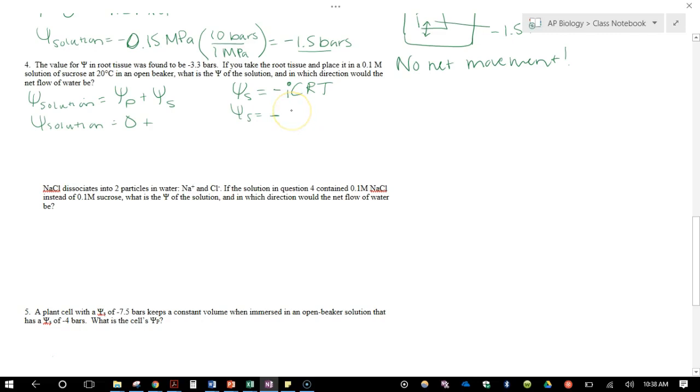Okay, we're dealing with sucrose. Sucrose is not ionized, so there will be 1 molecule. The more molecules you have, the more negative it's going to make this, because there's going to be more solute for the water molecules to kind of latch onto and form protective forces with, which should reduce your water potential. Okay, so negative 1, our concentration is